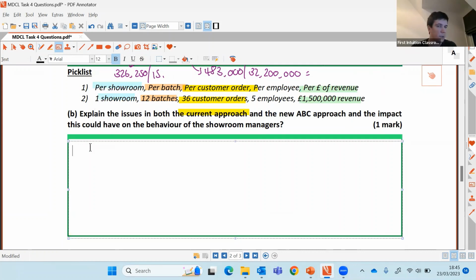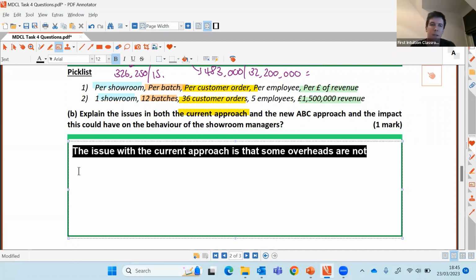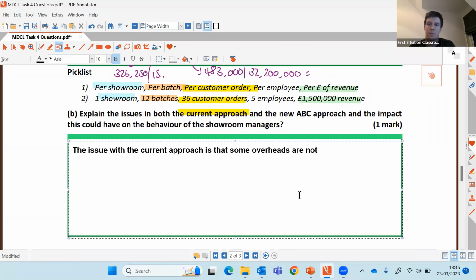So I would say something along the lines of the issue with the current approach is that some overheads, well, you can see none of them are driven by the number of employees, but some of the overheads are not driven by